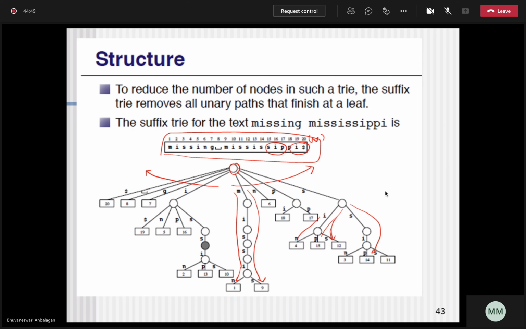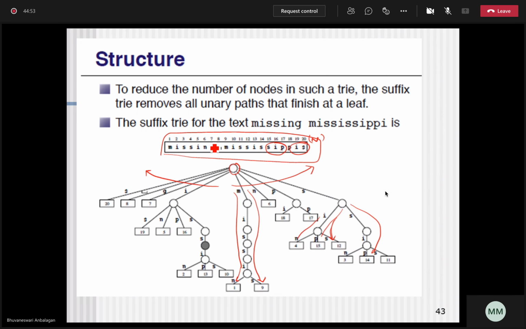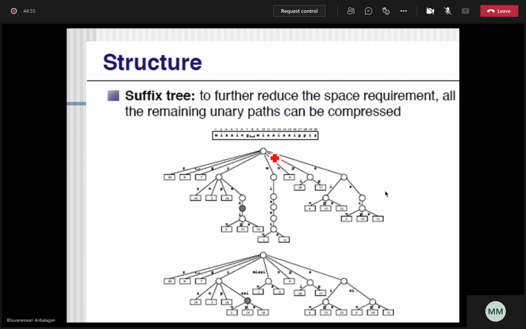So in order to make this more efficient, they have come up with a concept called the compressed suffix tree. Okay, so what they will do is this will be for missing, same as before. Now what they will do is they will join some of the terms which have a majority of the pattern in common.